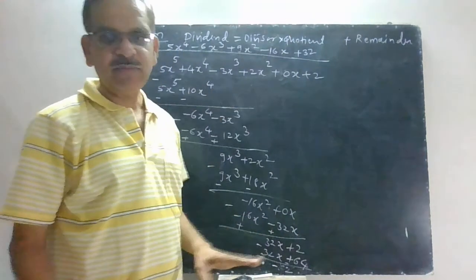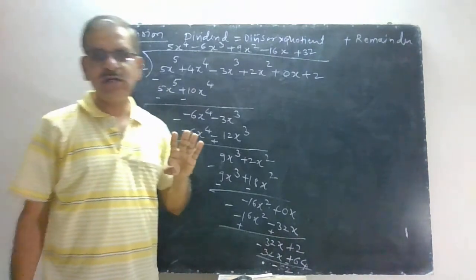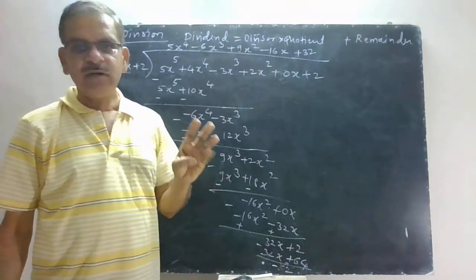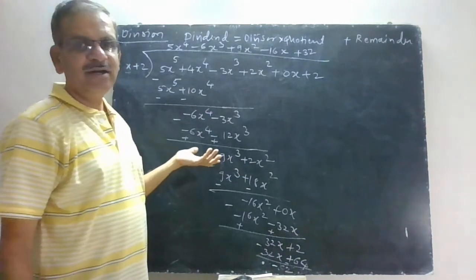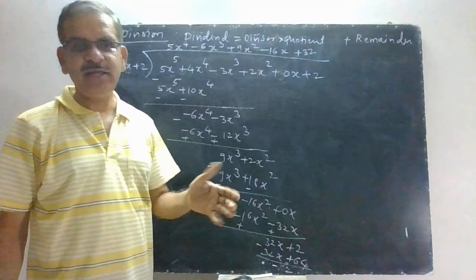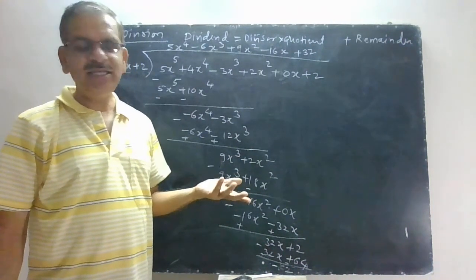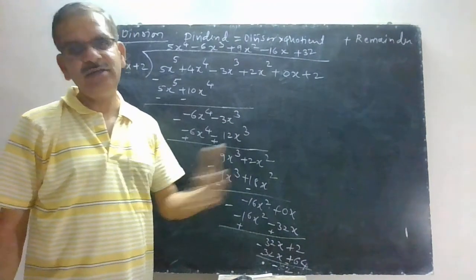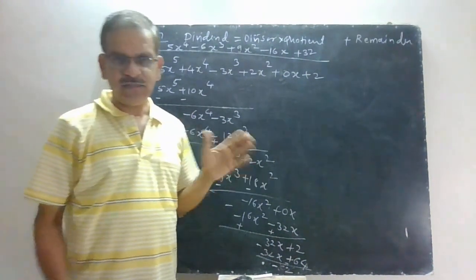Now we have seen all the 4 operations on polynomials: addition, subtraction, multiplication and division. I think you have understood that while doing division you need multiplication, addition, subtraction. While multiplying you need addition or subtraction. While subtracting you need addition. So if you know the first 3, you can do the 4th one, that is division, very easily. We'll stop here.